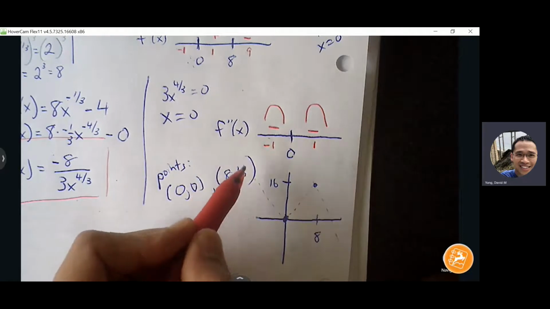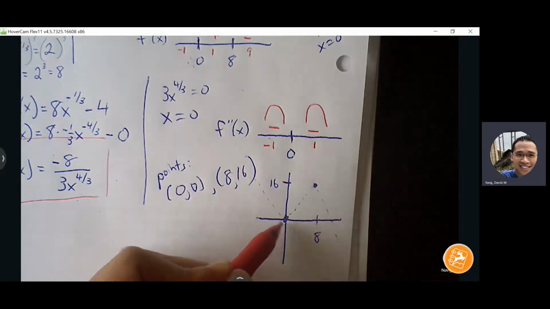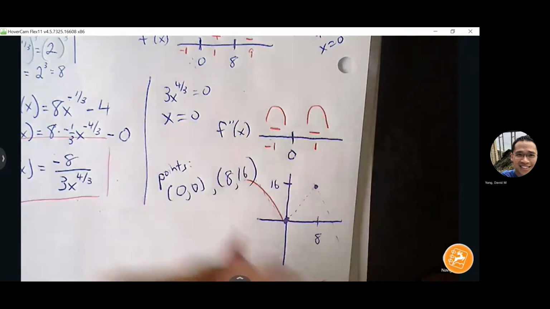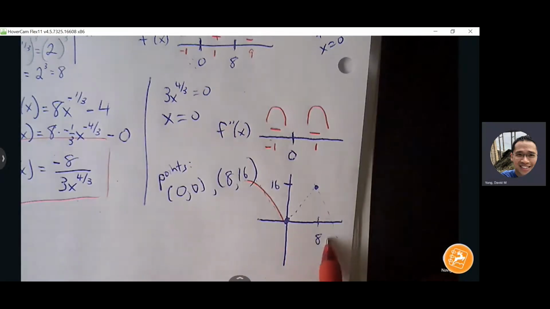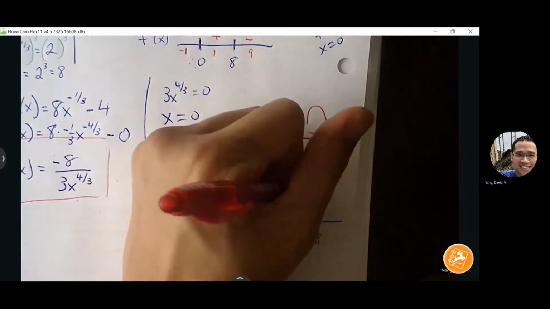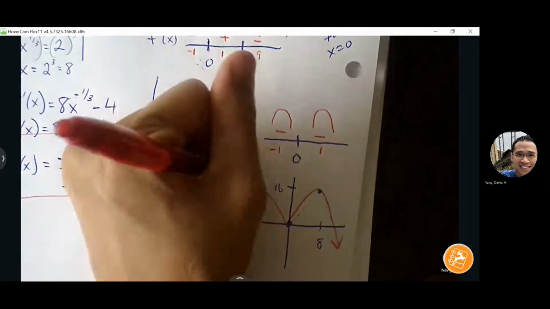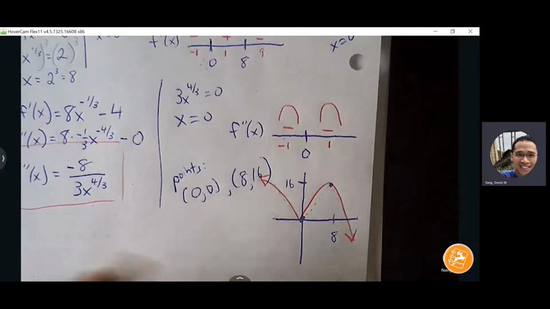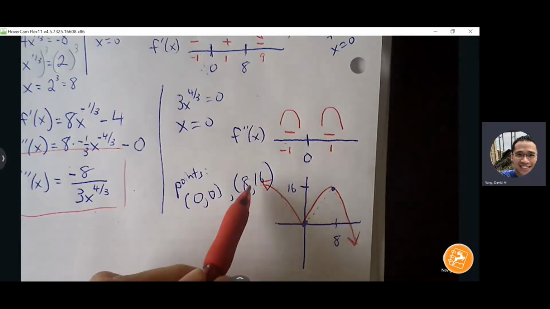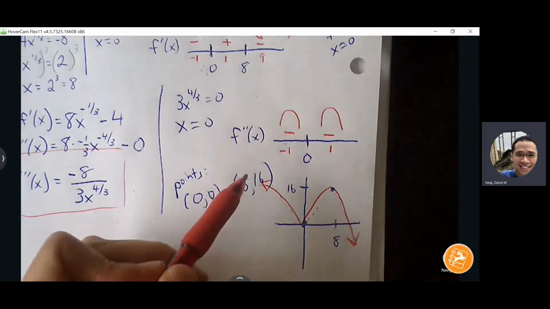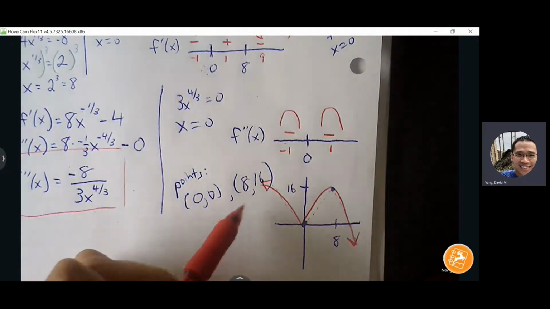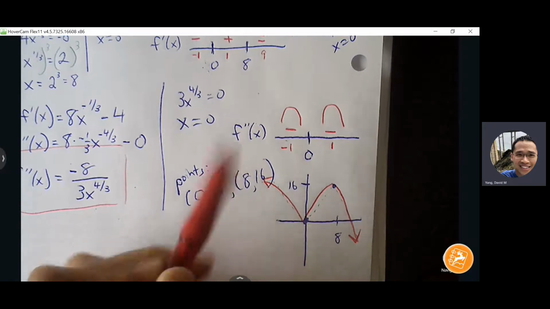Okay, I want my graph to be concave down, sharp turn, and then a full concave down after 0. Now notice that I'm not doing a full concave down over here, because why? It's got to be negative slope, right? If I do a full concave down, then all of a sudden I'm introducing a positive slope, which is not